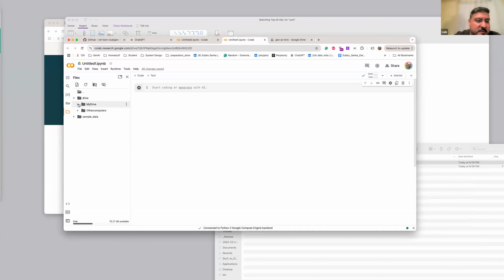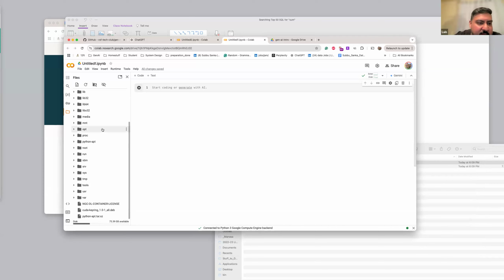Not that one, just at the very top. Sorry, not this folder, but underneath the Untitled one, like what the name is, there's another file menu, right? Not this file menu, but the one above it that has File.